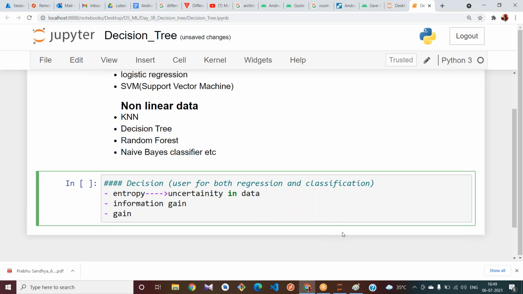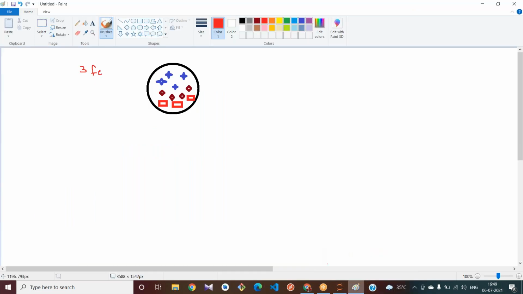You may use any definition here: measure of disorder, or uncertainty. If you have data which is in a mixed way, we can't segregate that, or we can't predict our data if it is in this way directly. We have to do some pre-processing there, some techniques, in order to divide our data and to classify our data.